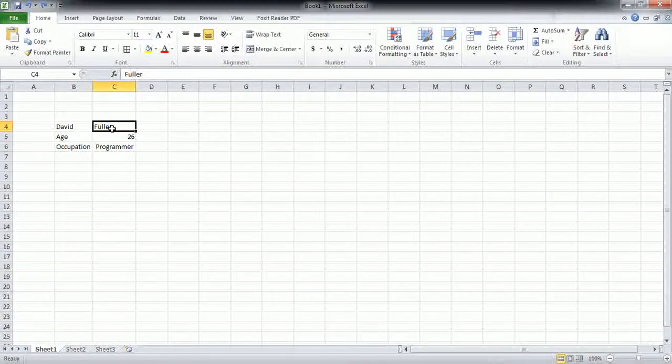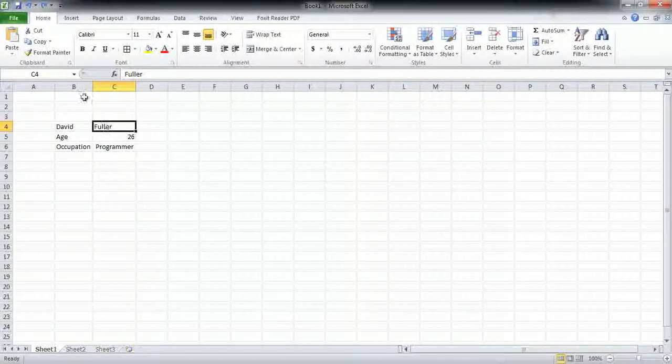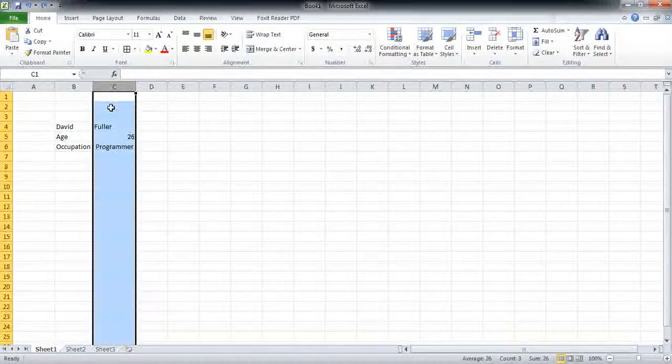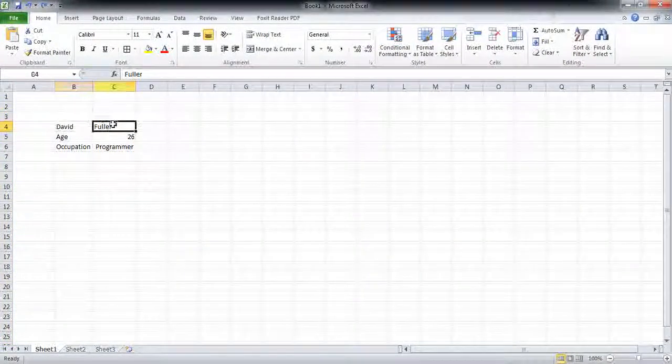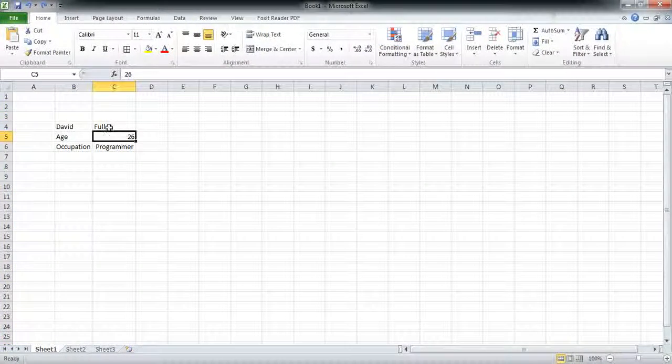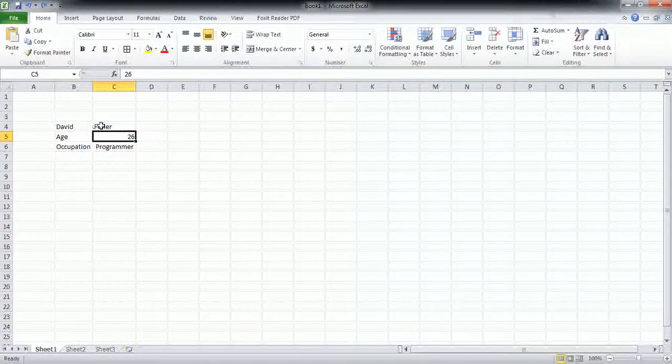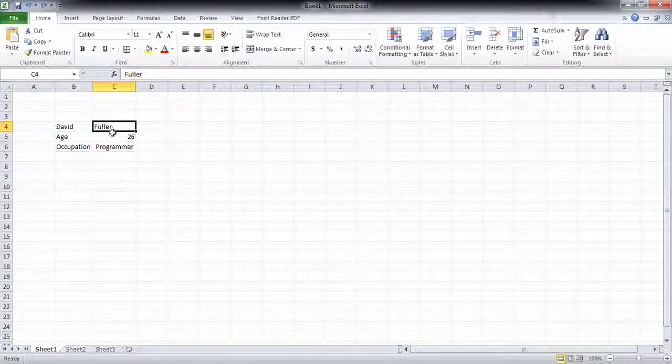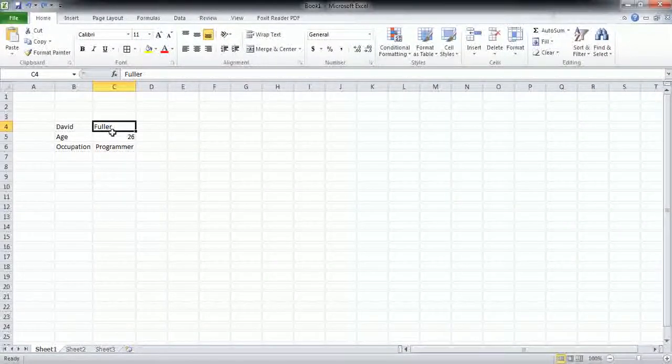Say I want to insert a new column between the B column and the C column of this Excel file. The procedure to do this is pretty straightforward in Excel. We randomly select a cell in the column before which a new column needs to be inserted. So inserting a column between B and C would mean that a new column would be inserted before the C column.